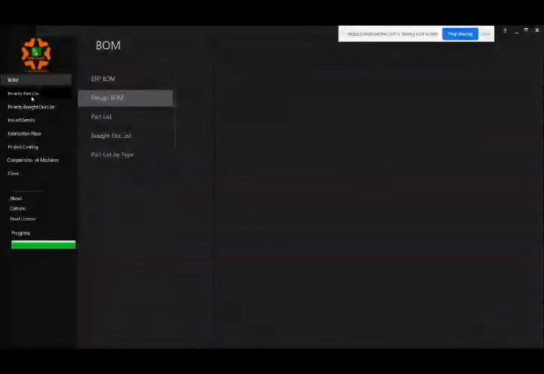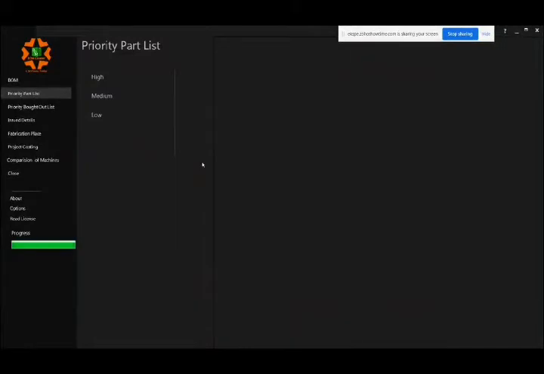Moving further, we have something called priority part list. So now, what is this priority? Every manufacturing component has its own manufacturing lead time. When I say manufacturing lead time, it means if I release a drawing today, for a component in my machine, it could be manufactured in say 10 days of time. There are components which could be manufactured in say 20 days from the date of release of drawing. There could also be components which could be made in 2 days from the release of drawing. So every component has its own manufacturing lead time.